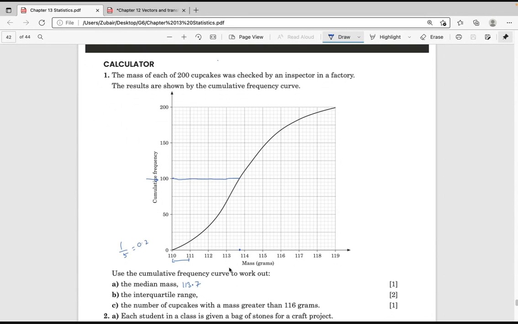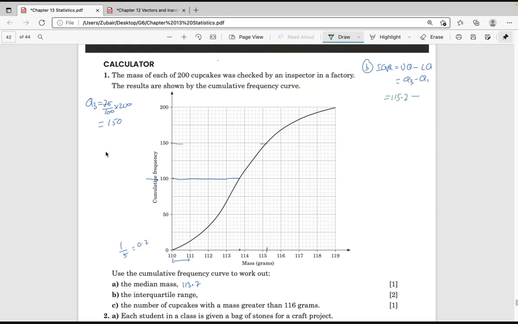Part B says the interquartile range. We know the interquartile range is the upper quartile minus the lower quartile, Q3 minus Q1. So Q3 is what percent of the total? Q3 is 75% of the total, which makes 150. Now we go to 150 horizontally and see where it intersects, and this is 115.2. So the upper quartile is